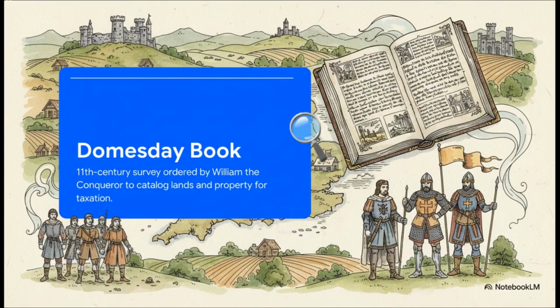And honestly, nothing illustrates this extreme Norman control better than the Domesday Book. It literally earned its ominous name because its decisions were seen as unalterable as Judgment Day. It's this exhaustive catalog of all lands and property, and it reveals something mind-blowing. Within just 20 years of the conquest, the original English ruling class had been almost entirely dispossessed. The Normans tightened their grip on state administration and completely rewired society from the ground up.